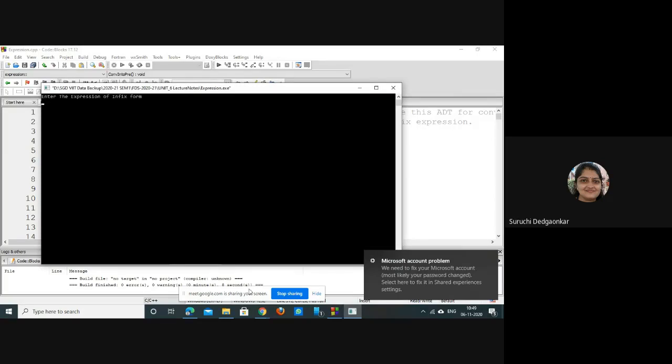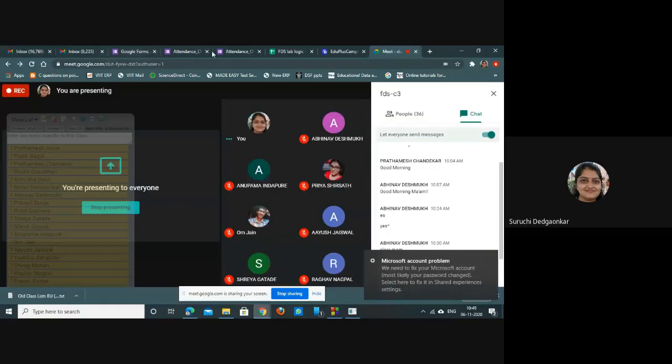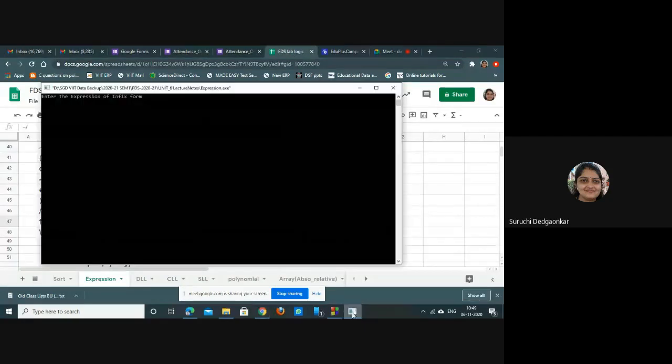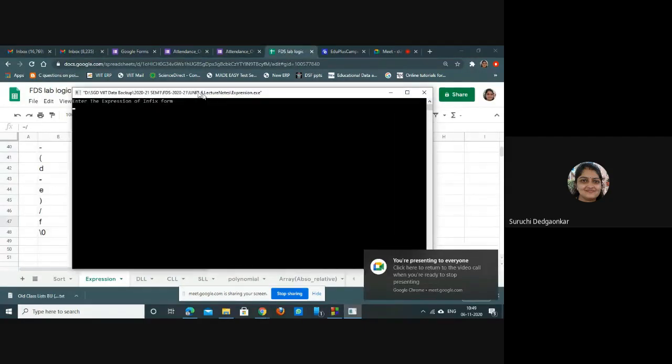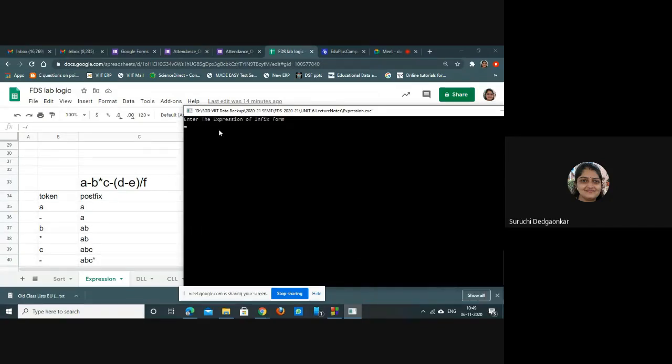Enter the expression. So we enter the same expression which we have seen: A minus B into C minus D minus E in bracket divided by F. First is convert to postfix.